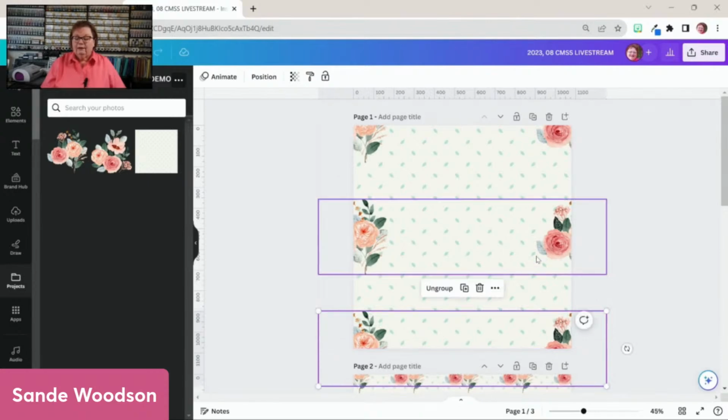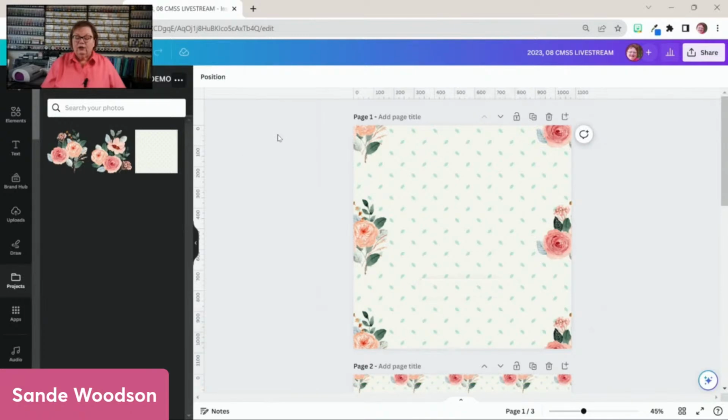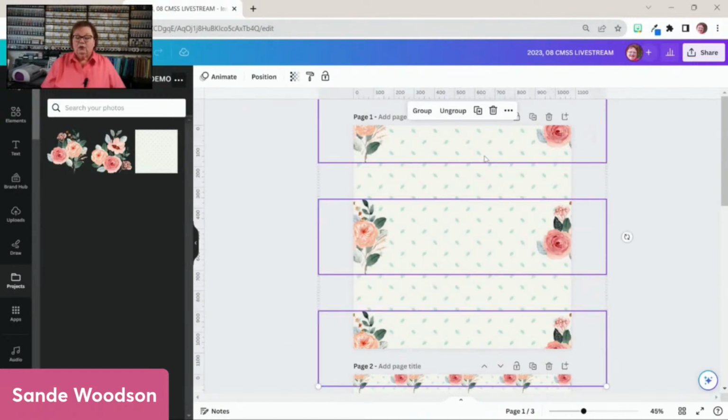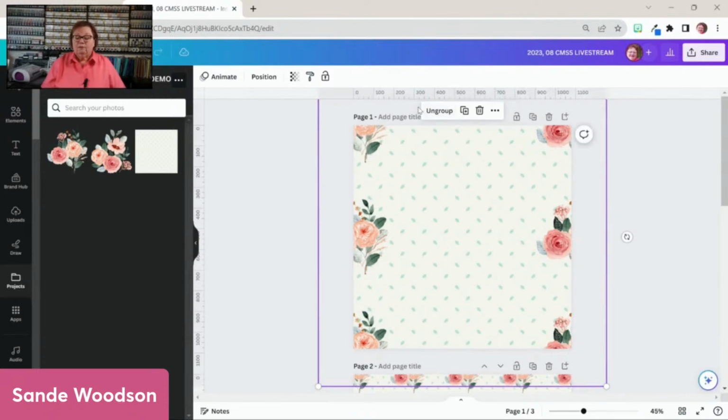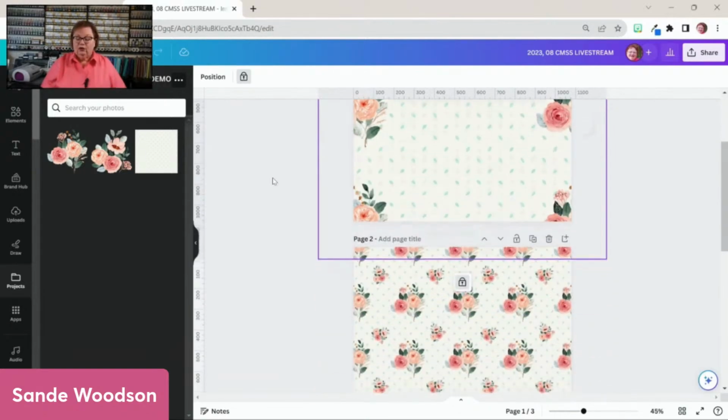And there you go. Now we've got all of these done. And I'm going to highlight all of them by holding down my left mouse key and just highlighting them. And I'm going to group them all together. And then I'm going to lock them, so nothing I do from now on is going to mess with those flowers we've already set in place. And those are the ones that are going to go and match on either side. So if you go down here, you're going to see